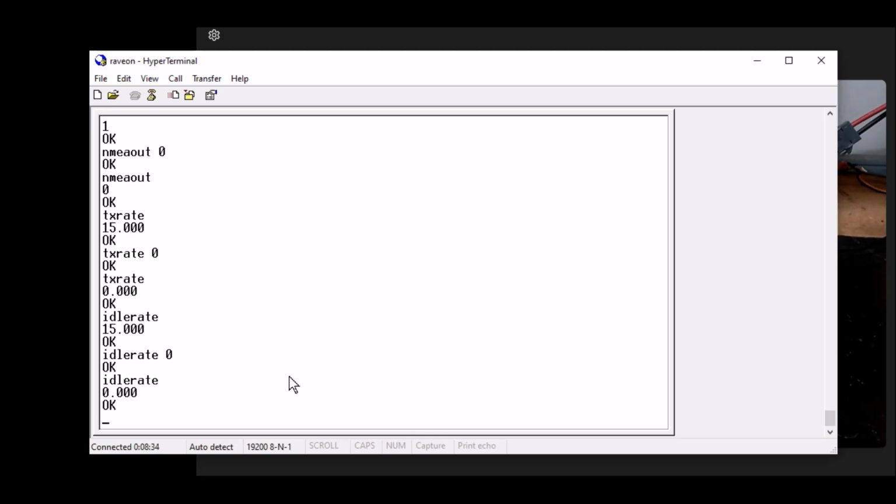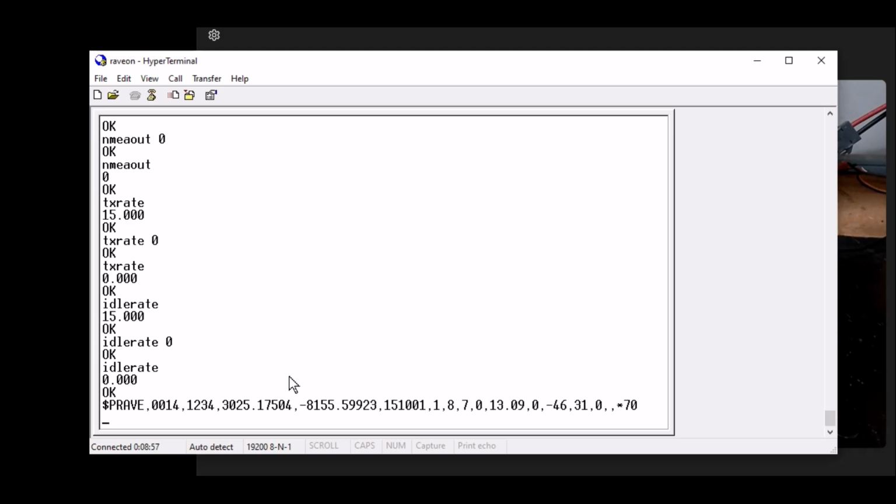When it comes out of its mode, we're going to see the PRAVE sentences that the other unit is putting out, and it's transmitting every 15 seconds. So we should just see those start scrolling across here. Once it starts reading them, there they go. Okay, here we go. Like I said, the other unit is programmed to send these out every 15